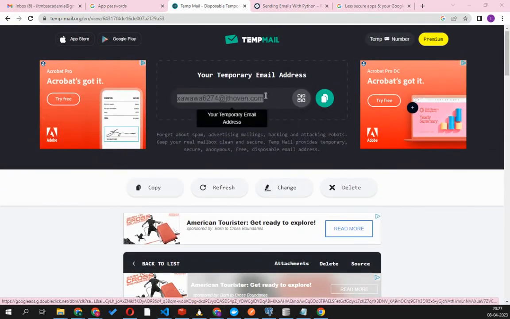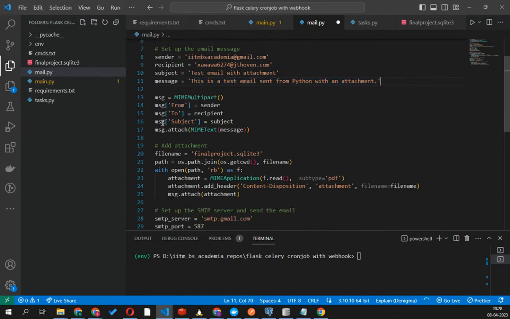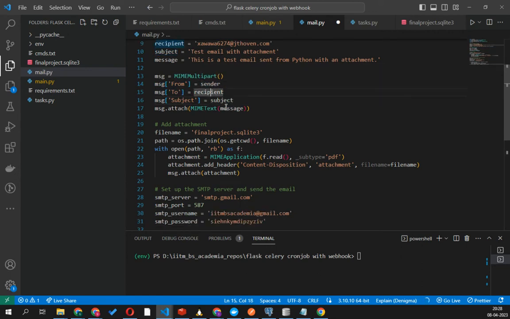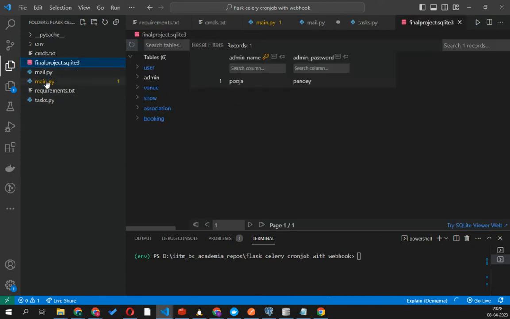See, XAW, something like that. You don't need to do anything. I think probably it's the same. I'm just pasting it. So this will act as the subject, and this is the message, and we're creating an object. Look at all the code here. From, to, subject, all those things are fine. Here I also have included the code for sending an attachment. Here is the file name, and basically I'm trying to send this